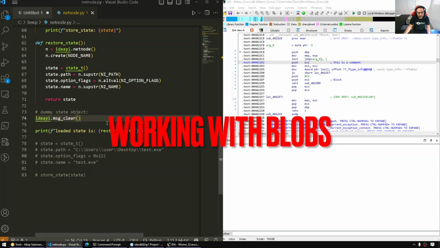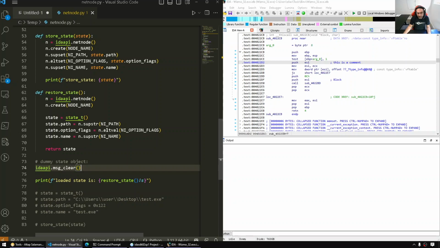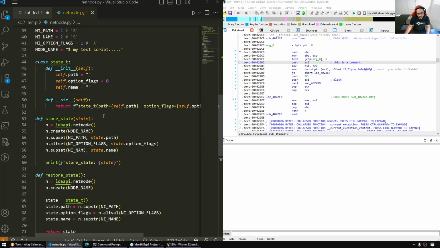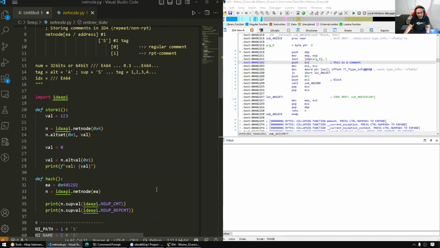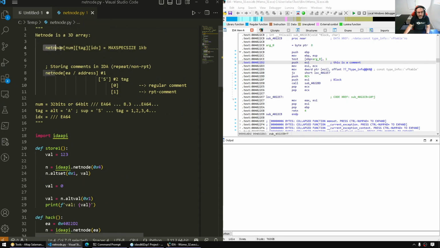Okay, so we covered how to store basic stuff, but what if you want to store blobs, bigger stuff? We do have as well helper methods to store arbitrary sized information. Now, this is not magic. By specification, the net node can only store up to 1 kilobyte, but we can store bigger info. So what happens really behind the scenes